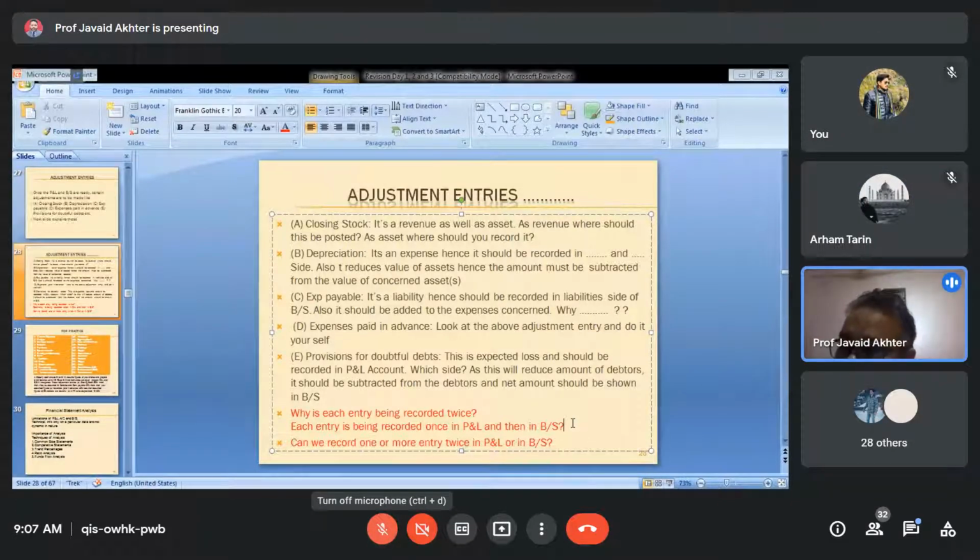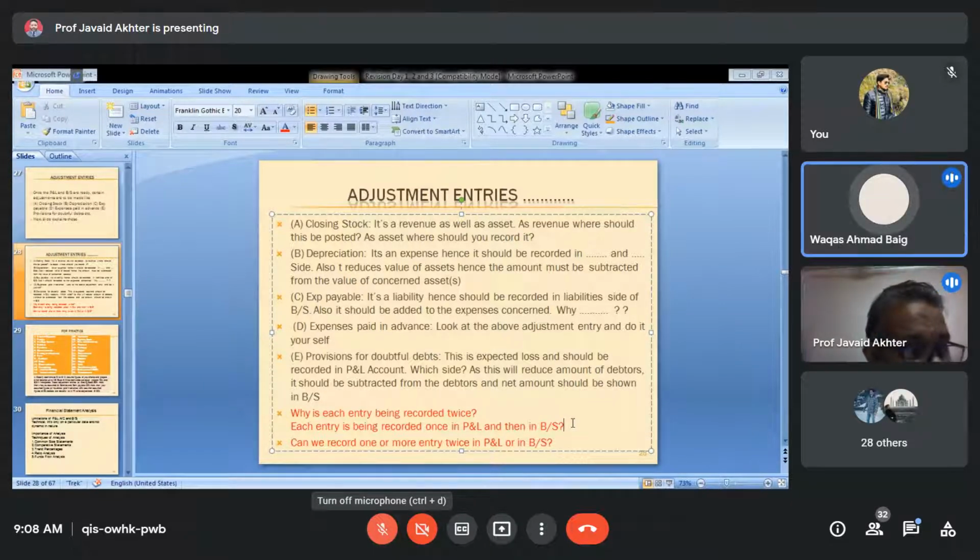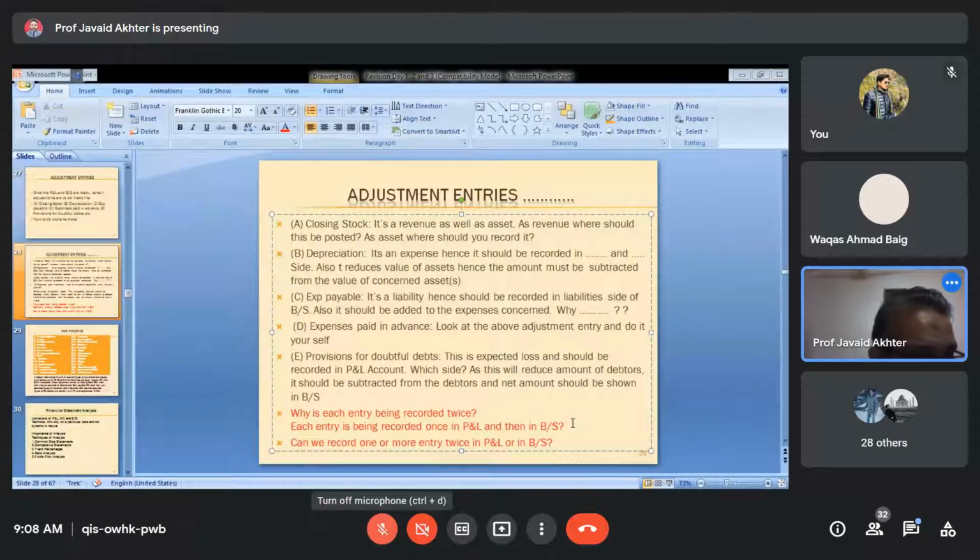Okay. Suppose the value of production is 100, but currently, because of the market condition, you are selling them at rupees 90. So then will you multiply by 90 or 100? At 90. So lower the value. Which convention is guiding you here? Conservatism. Correct. So this is how you need to remember and recall.